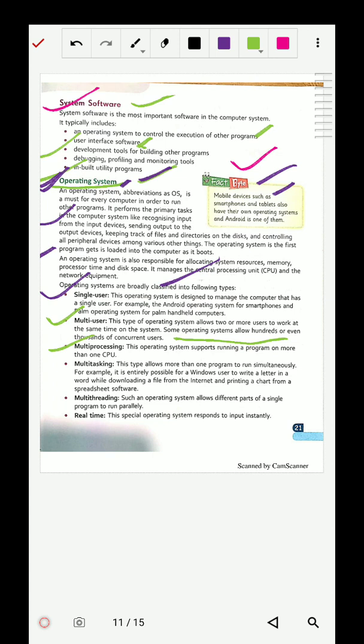Next is multitasking. Multitasking allows more than one program to run simultaneously, which means at a time we can run more than one program. Suppose on our computer we are surfing the web, searching something on the internet, and at the same time we want to listen to music. So we are working on two things simultaneously.